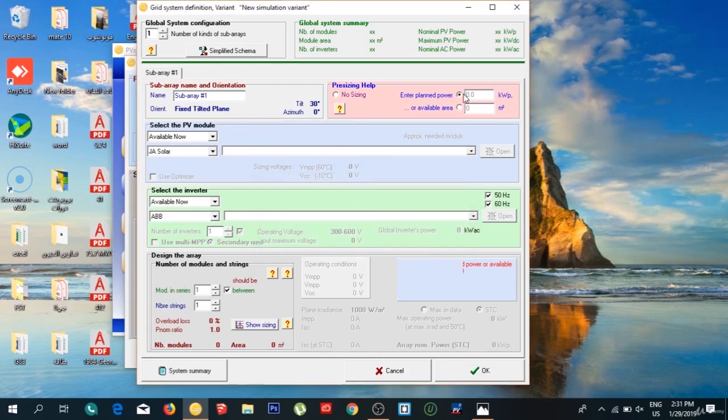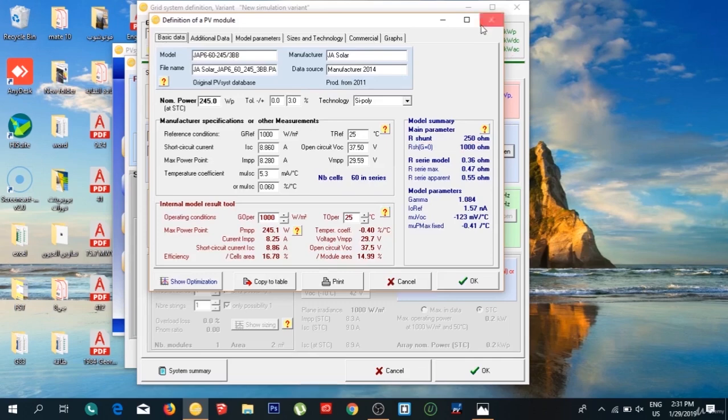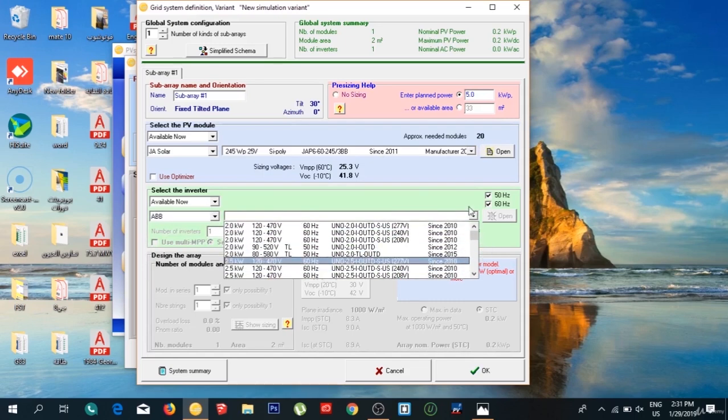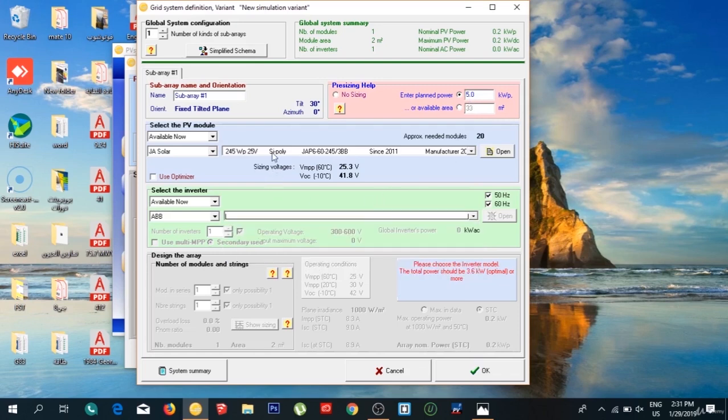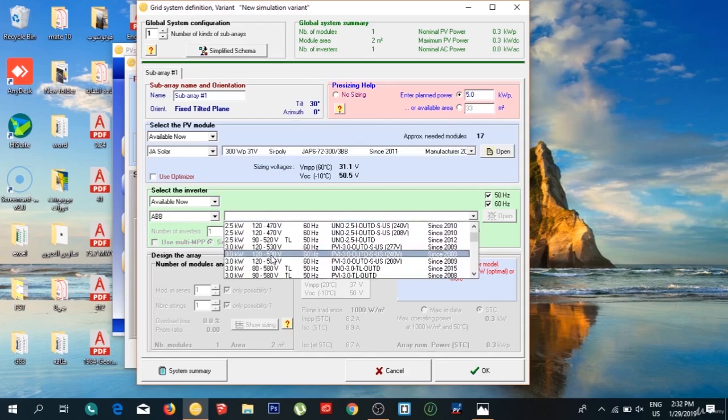Now this is the size of the system, for example 5 kilowatt, and this is the PV module. This is the manufacturer of the PV module, and this is the PV panel, and you can see the data of the panel here, and this is the inverter selection. This is the manufacturer also, and this is the inverter. For this example, a 5 kilowatt peak system, choose 300 for example, and ABB inverter,